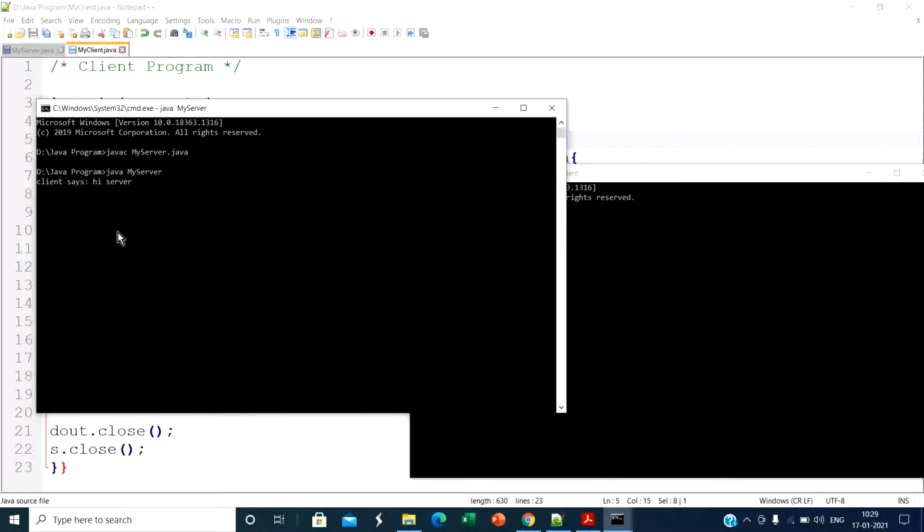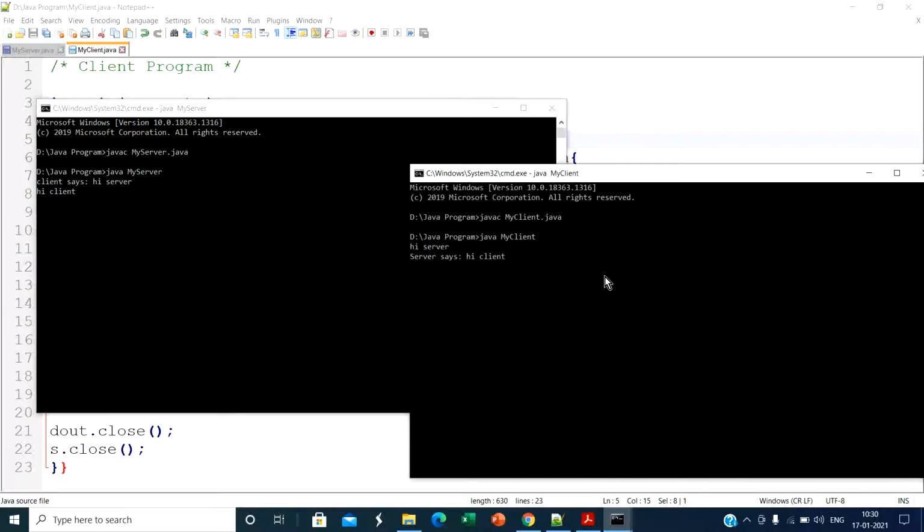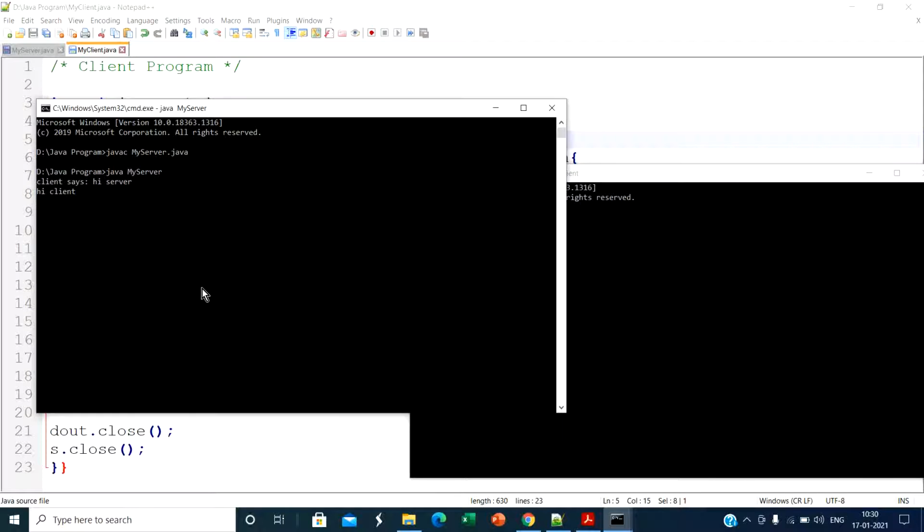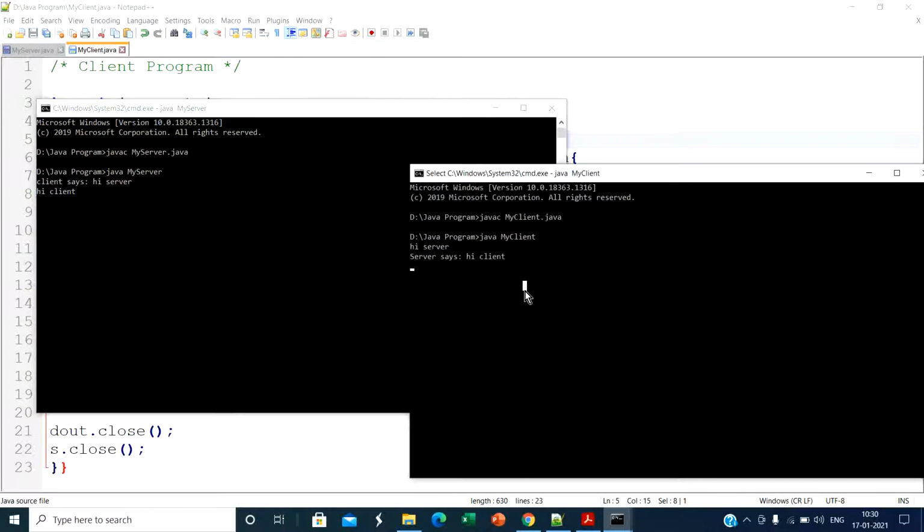Then on the server side I send a message, "hi client", and that message is received on the client side. Then the client sends the message "welcome", and the message is displayed like this.